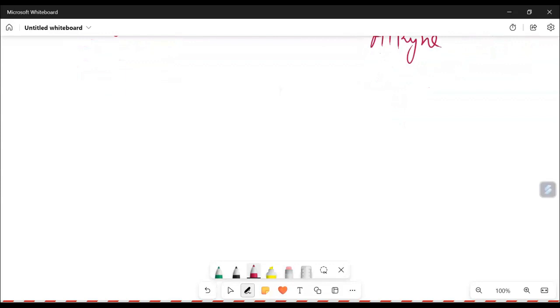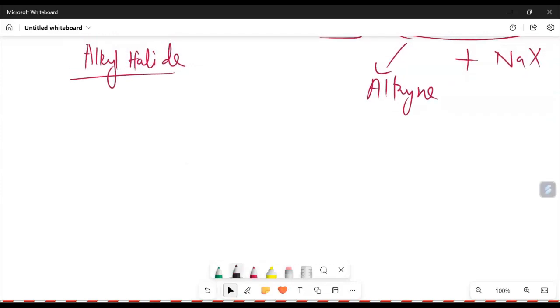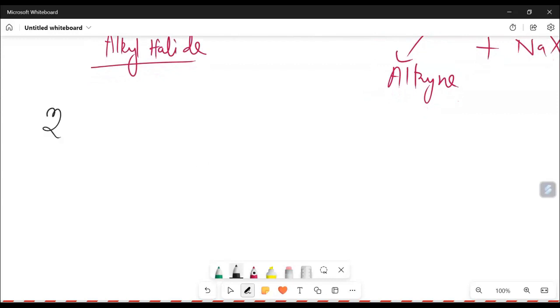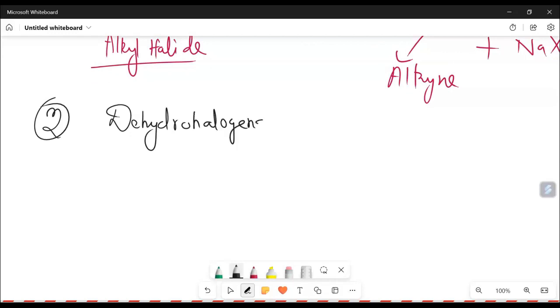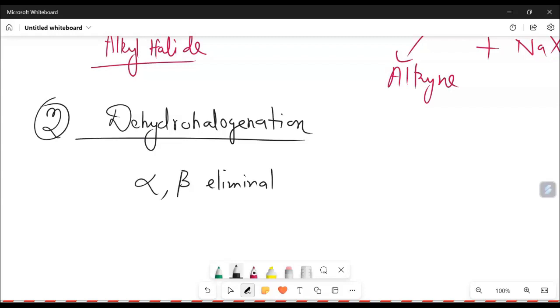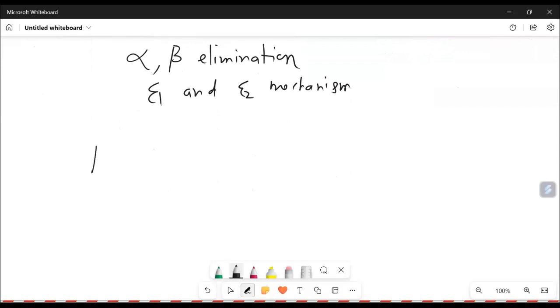Now we are going to talk about Saytzeff rule and other reactions. These are the nucleophilic substitution reactions. The number 2 reaction is dehydrohalogenation. Let's discuss this. Dehydrohalogenation involves alpha beta elimination, and it follows E1 and E2 mechanisms. Let's discuss the reaction first, then we will go for Saytzeff rule. Suppose RCH CH